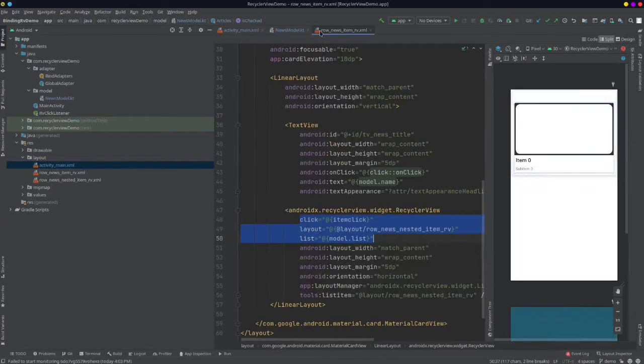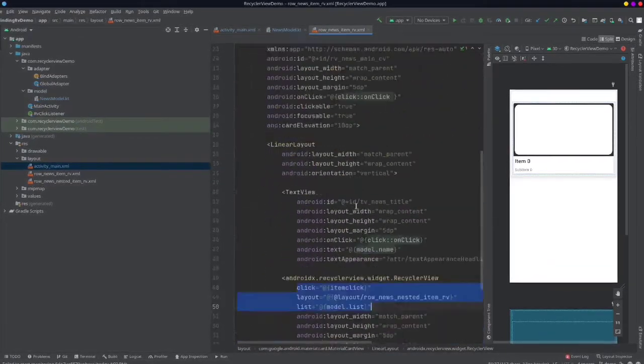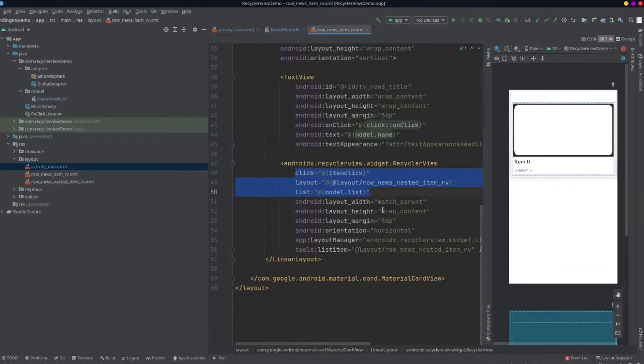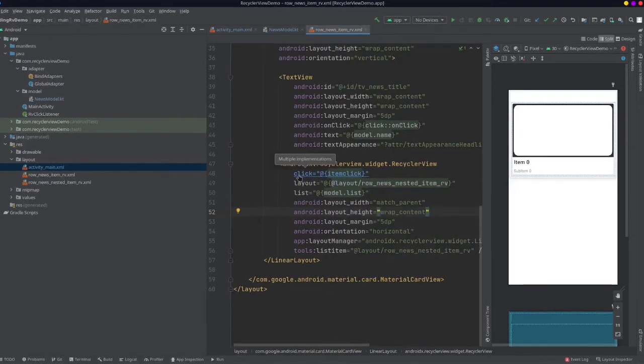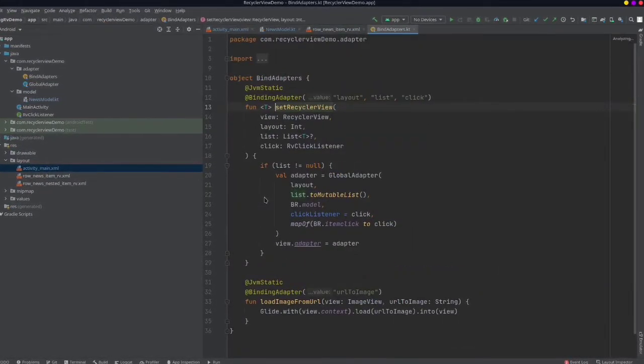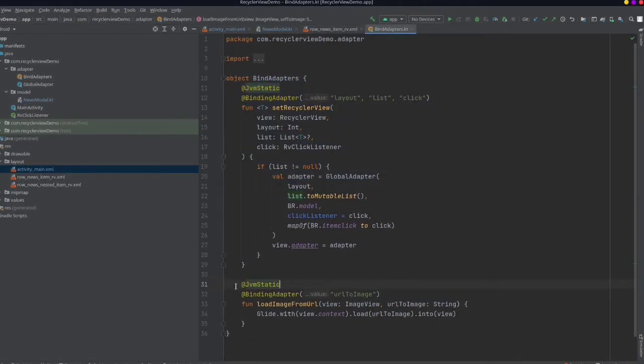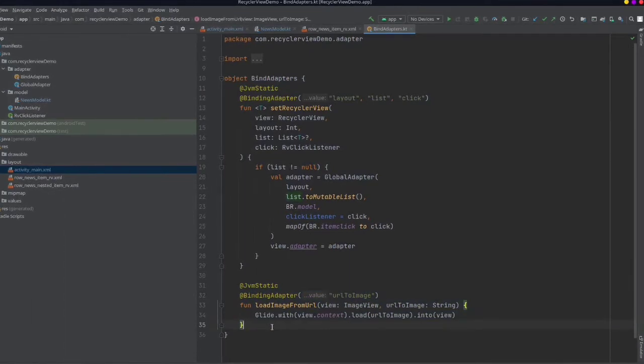So we'll look at that later. Now as our model is cleared out, first of all we should check our binding adapter, right? If I control click here, it will move me to the recycler view adapter. Yeah, so this is my binding adapter, and here is another binding adapter which is not important right now.